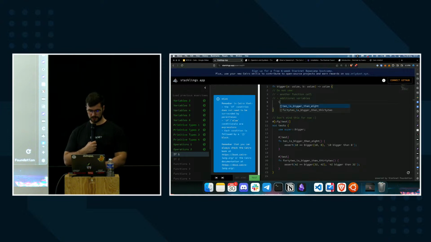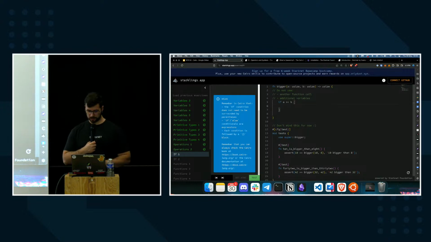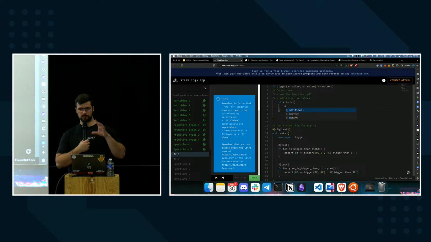So to do that, we say if A is bigger or equal maybe than B, and then as the hint suggested, we have to open the curly brackets, and then inside these curly brackets, we have to return A, exactly. So we could do it like this, or usually when you're working with if-else statements, it's a bit better to say the return type, because otherwise if you have multiple ifs and else, it's not very noticeable to the naked eye. So I'll say return A,